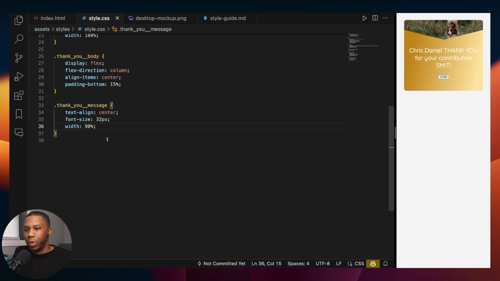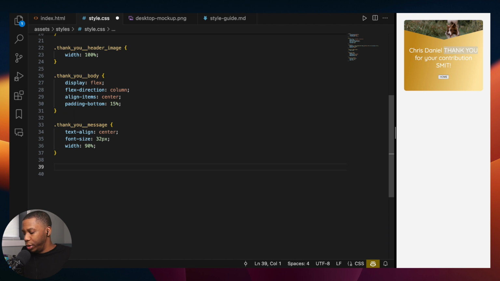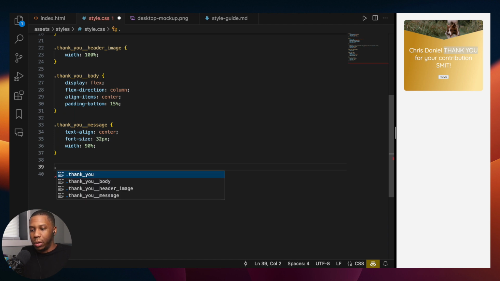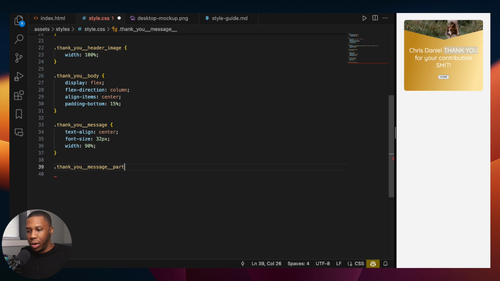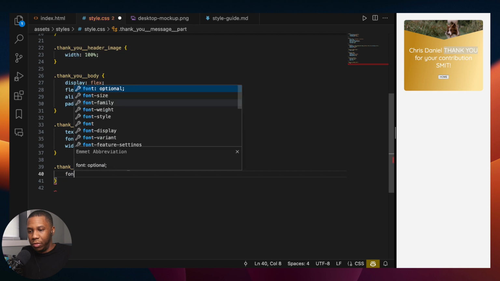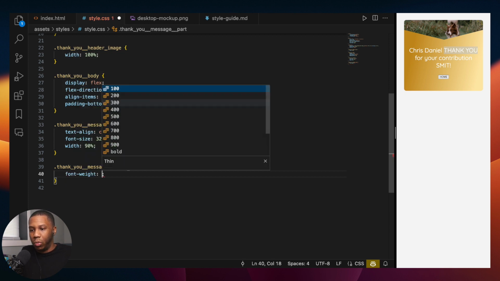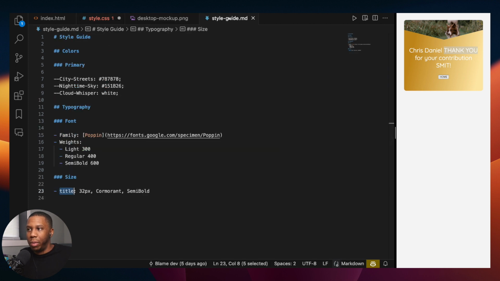Now that we have that in place, let's start to target our message parts. So from there, we're going to want to grab the message and set the font weight. There we go. Let's head back out to our style guide. Font weight should be,